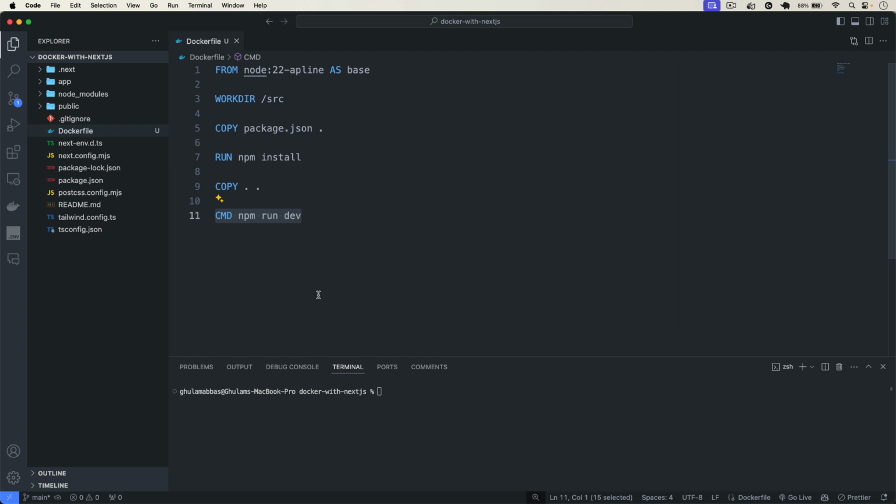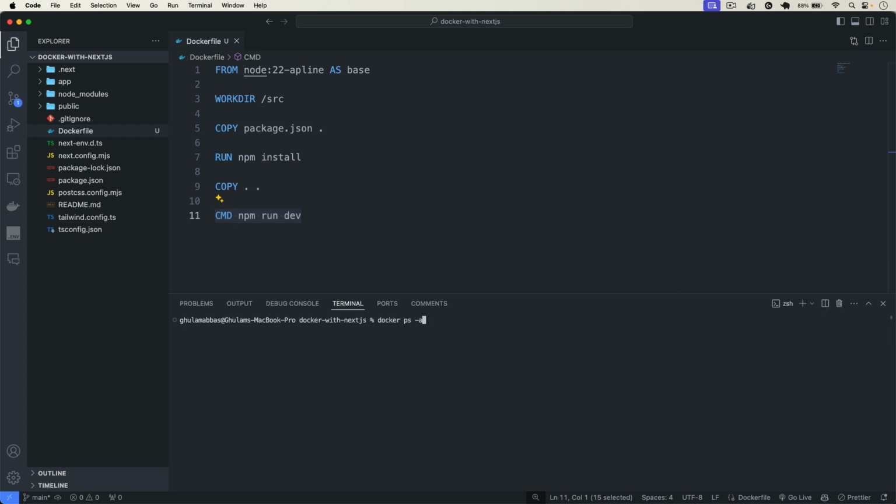Now let's see how we can run that. You can see that here no container is running at this moment. First of all, we have to use a command that is called docker build. We have to build the image, okay, dash t, and then we have to type in here the name of the image. So let's say I call it docker-nextjs. Okay, so this is the name of our image, and then I type here dot, that finds the Dockerfile in the current directory, which is right here. So now if I press enter,